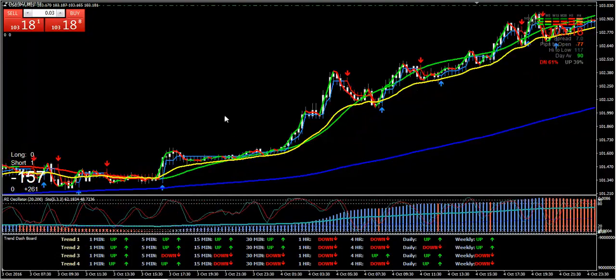Okay, so basically, again, when you get up here and this TSR line is red, and the half trend is red, and you're like, oh man, it's getting ready to go back down. As long as the second TSR line is still green, that means you're still in an uptrend. The yellow line is pretty far away from the blue line. You're still in an uptrend, and you just keep it. Okay, it's going to come down, but then as you saw, it came down, shot up a little bit, came back down, and then boom, the red half trend ended, the blue half trend kicked back in, and boom,